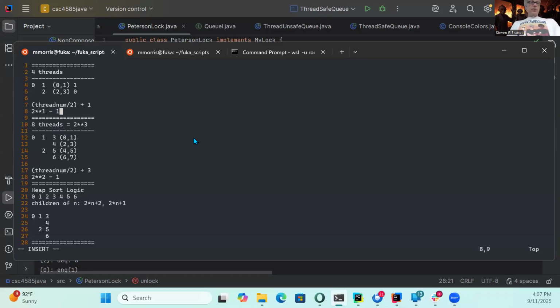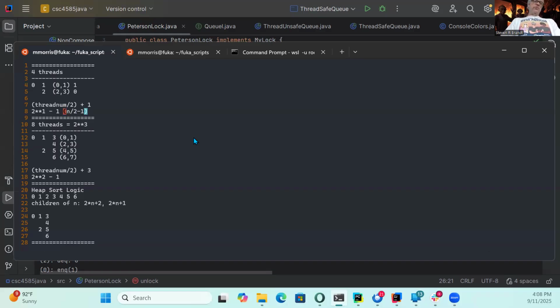So if my number of threads, I'm going to have to take the log of base 2, subtract 1, raise that to the second power, and subtract 1. I guess another way of saying that is I could just divide by 2 and subtract 1. I guess that's all I need to do. So that's our rule. So n over 2 minus 1 is our offset.